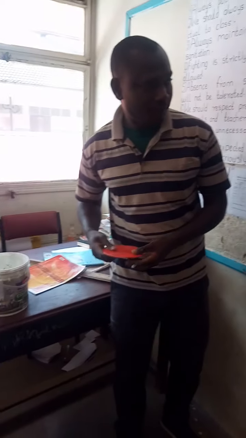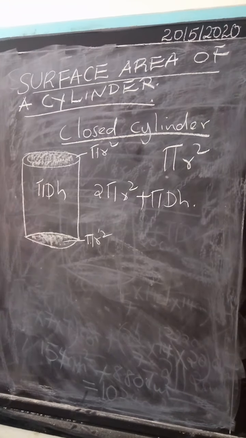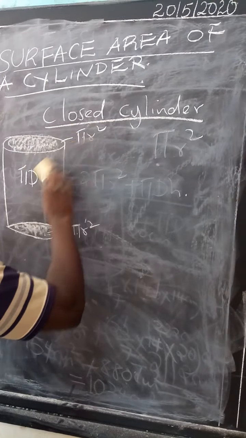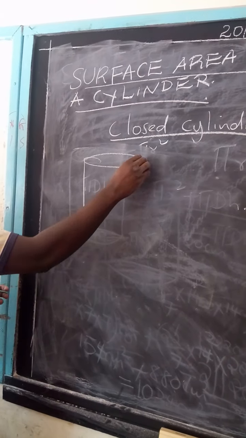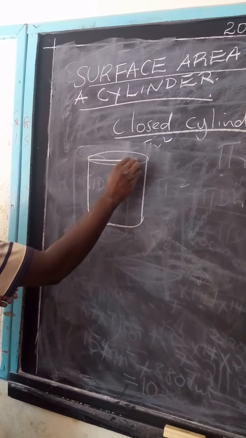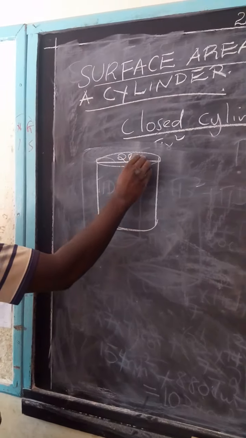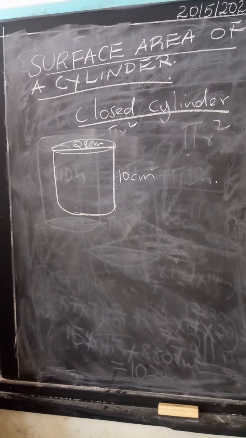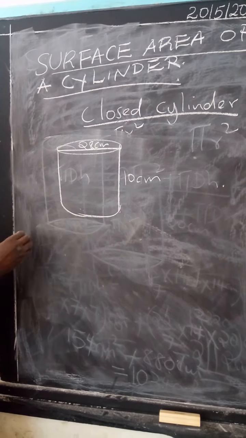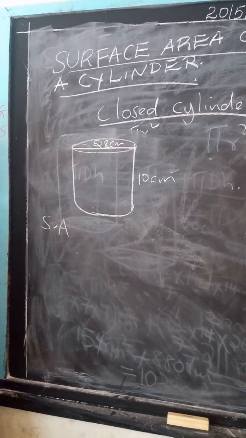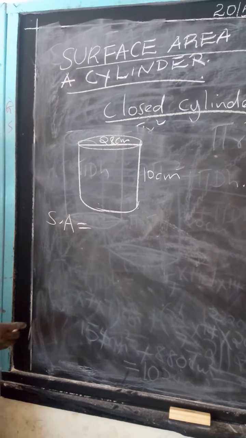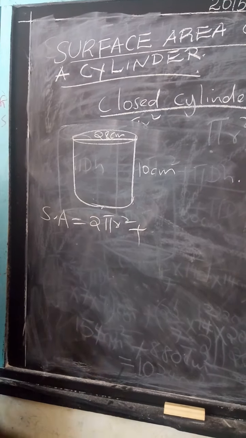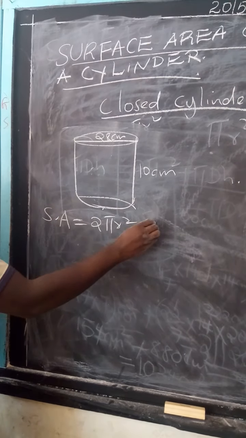So for example, we have a cylinder with a diameter of 28 centimeters and a height of 10 centimeters. So what is its surface area? We start by writing down the formula. Surface area of a closed cylinder is equal to 2 circles, 2 pi r squared, plus the curved surface, pi dh,